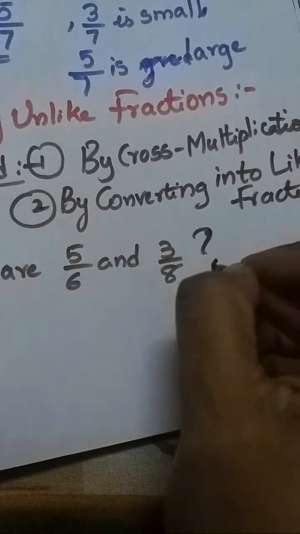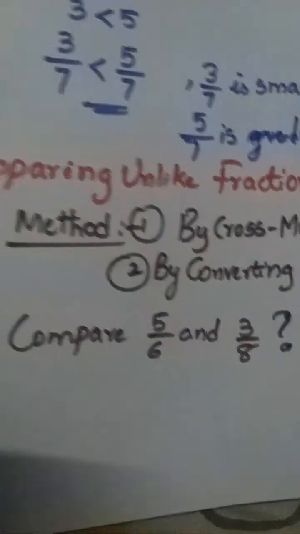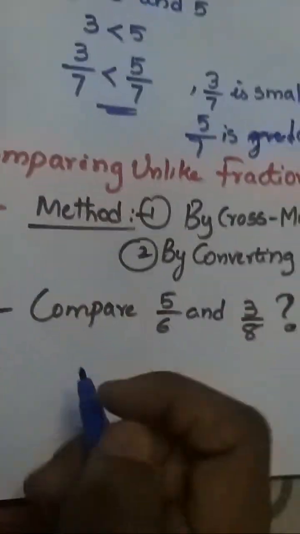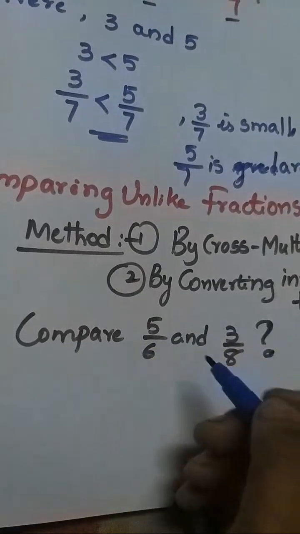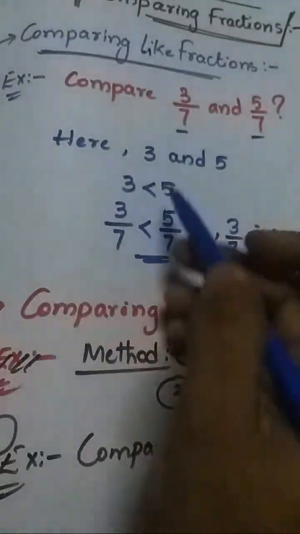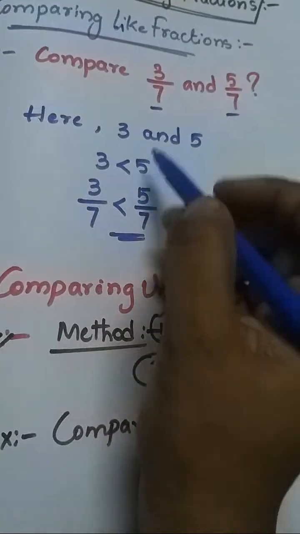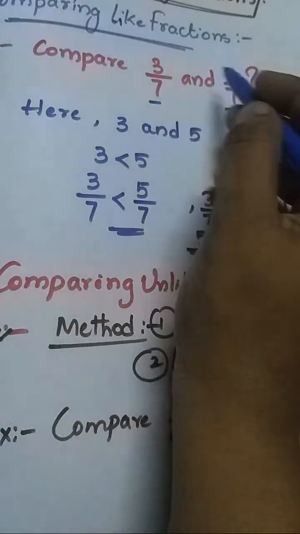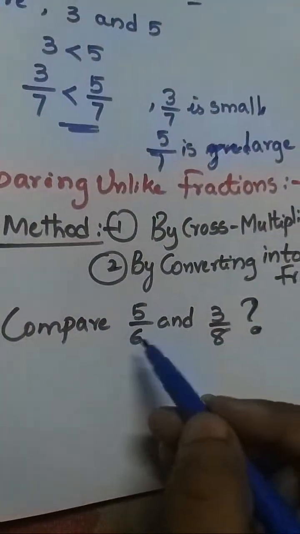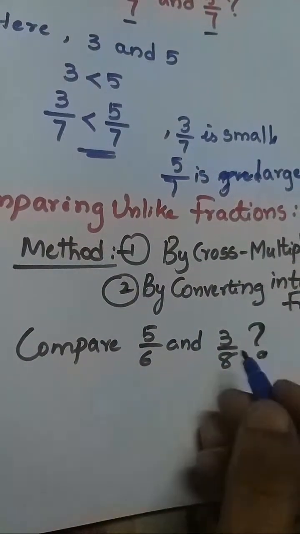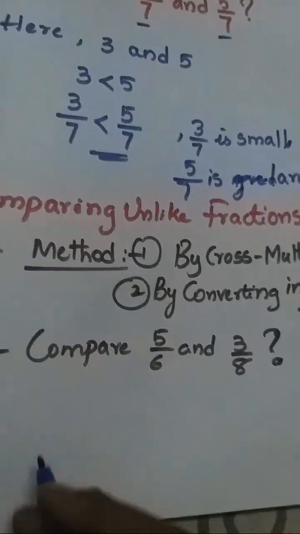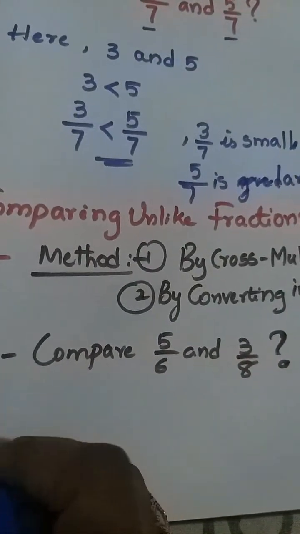See here, children, how will you compare these unlike fractions? Compare 5 by 6 and 3 by 8. Which one is greater? You can't tell easily. This is not a like fraction. In like fractions the denominators are the same, so you compare numerator values. But here the denominators are not the same. You cannot compare this easily. You have to use the first method,